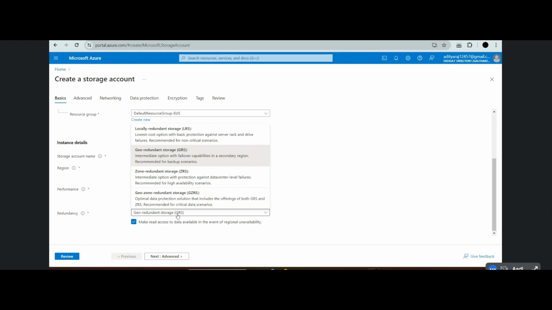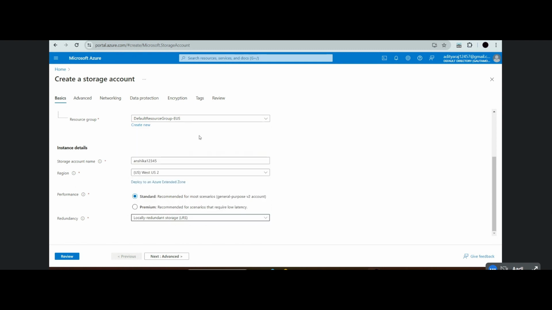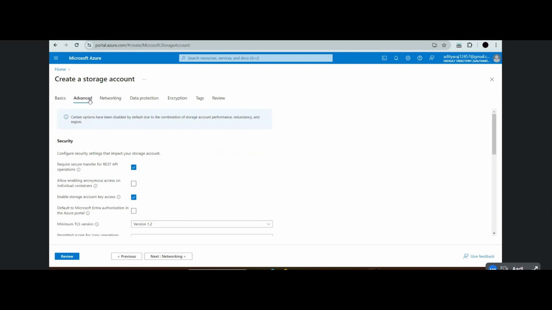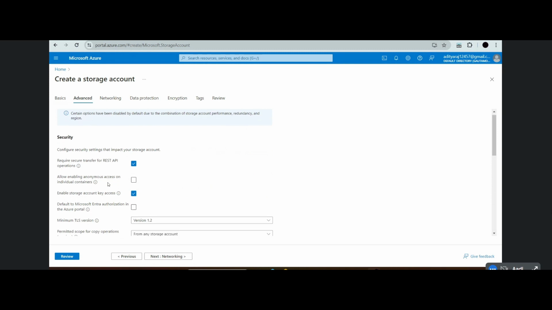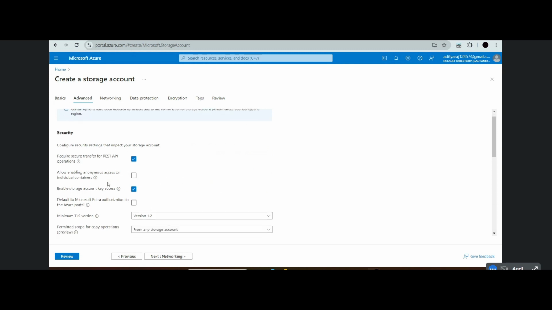So there is very little value in paying extra for geo-redundant storage. So we will just select locally redundant storage, and in advanced settings we also have to enable this option, as we need a blob container for that particular case study. By default, blob containers don't permit access to their content, so we have to enable this also.